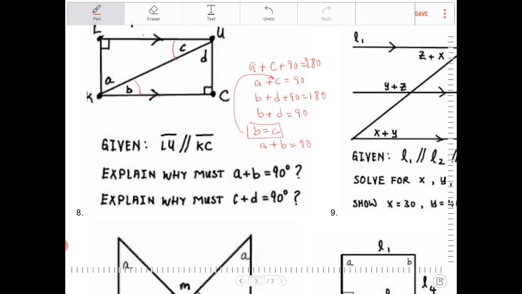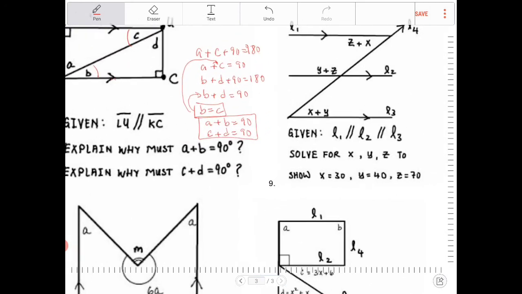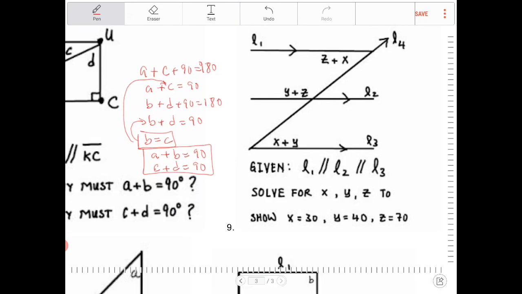And since A plus B is equal to 90, I can then, therefore, conclude similarly, C plus D is also equal to 90. Okay? Because I can make a similar substitution to say, oh, B is equal to C. I'm going to replace B with C. So C plus D is equal to 90 degrees because of substitution. Okay, moving on. So I have, this looks a little